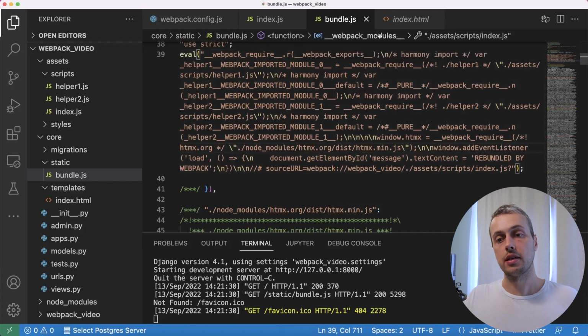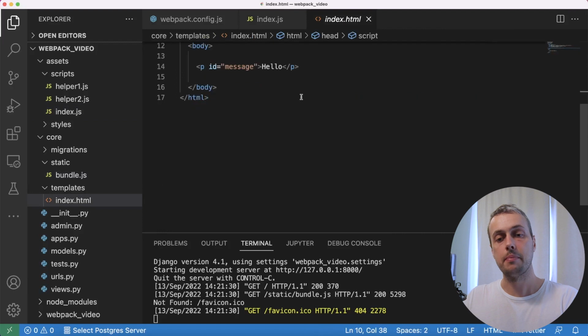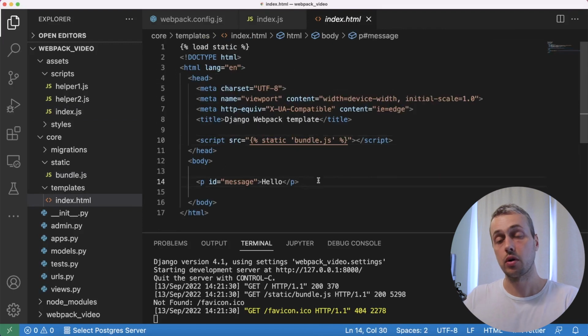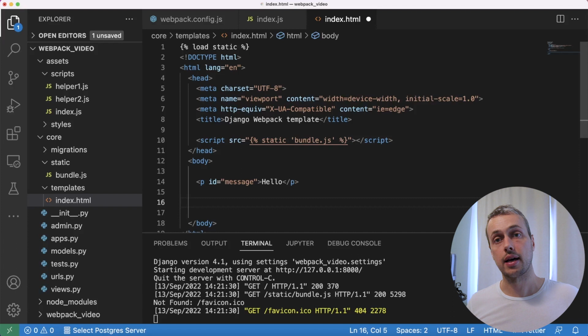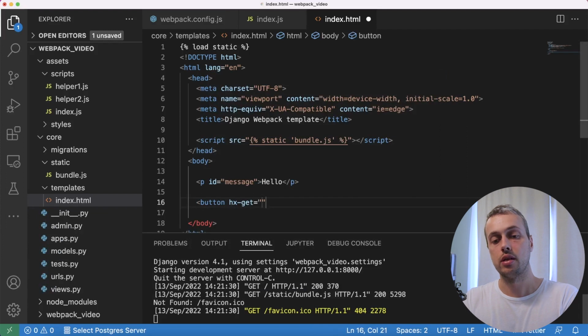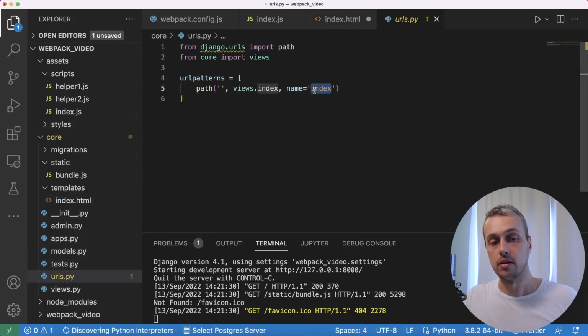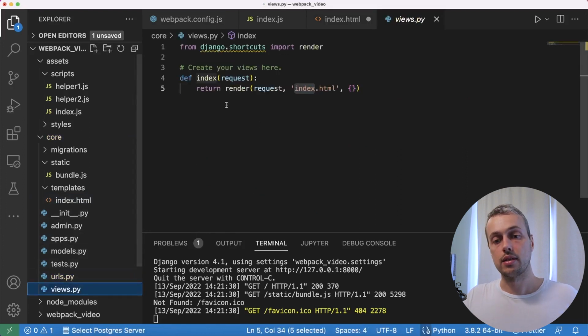So how do we test that this works? What we're going to do is go back to the index.html file, and we're going to amend this content in the body here, and we're going to add something with some HTMX attributes and test whether or not they are working. So let's add a button here, and we're going to add the hx-get attribute here, and we're going to hook up a URL to the index root in our application. So we'll use the URL template tag and reference the index URL, which exists already in this application. It's this one here. And that in turn will then send the request to this view, which simply renders the